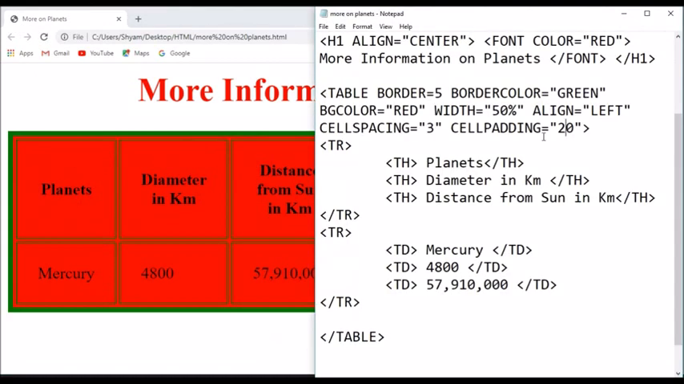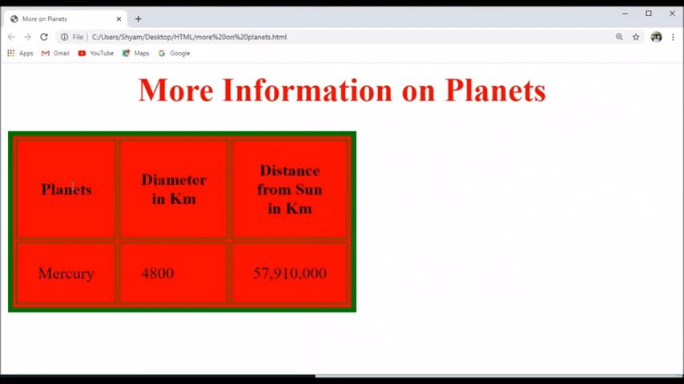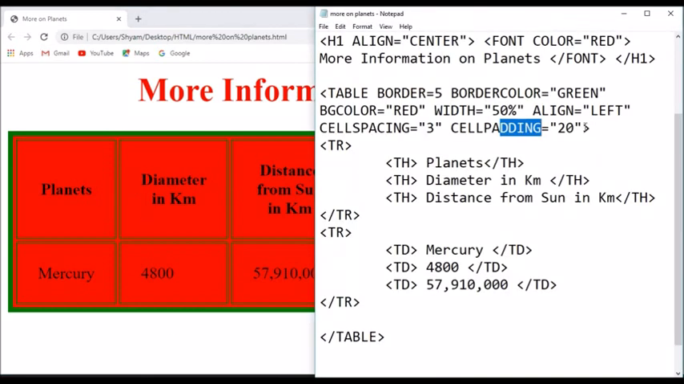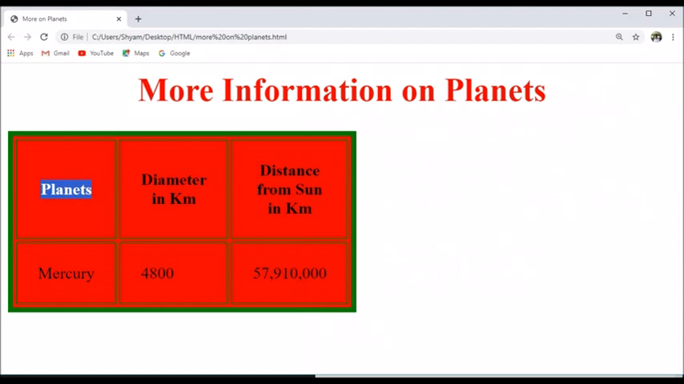So there is a difference between cell spacing and cell padding. Cell spacing is the distance between two cells, two adjacent cells or two neighboring cells, and cell padding is the space between the content of the cell and its border. This is called cell padding, and both of them are measured in a unit called pixel. Okay,